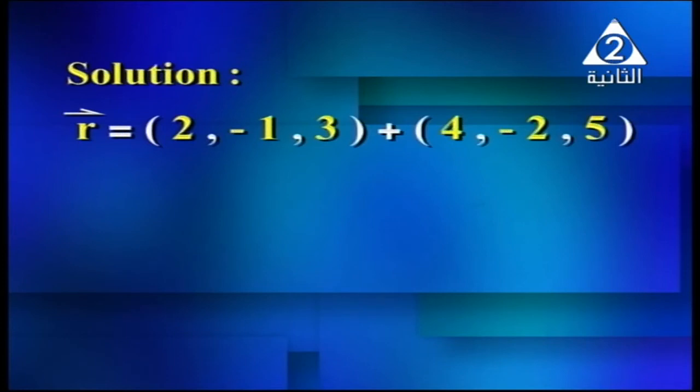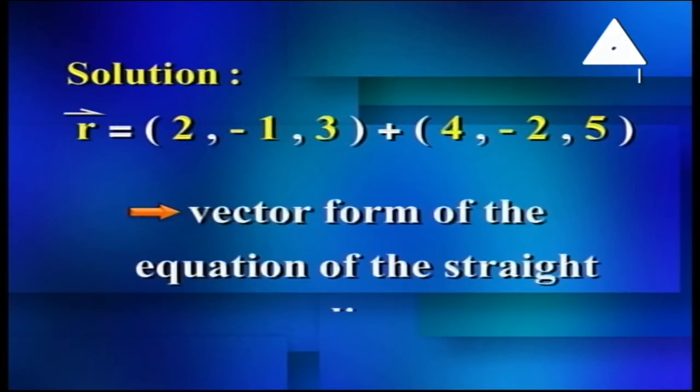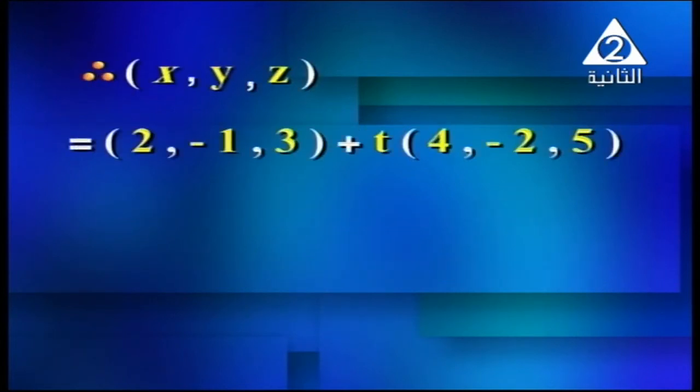The r vector equals (2, -1, 3) plus t(4, -2, 5). This is the vector form of the equation of the straight line, r equals a plus t d. By substitution of r as x, y, z, point A as 2, -1, 3, and the direction vector of the straight line as 4, -2, 5,